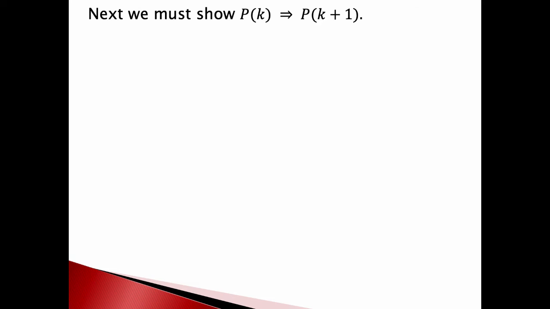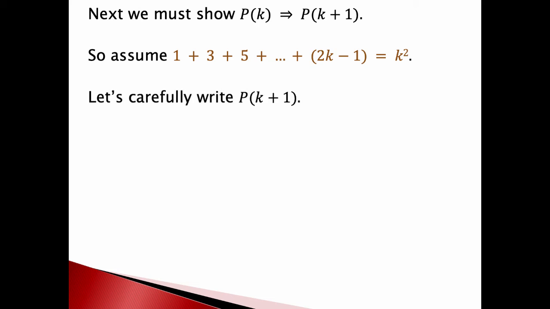Check that one off. Now we have to do the induction step. We have to show that every domino knocks down the next, that P of k being true implies that P of k plus 1 is true. So we assume that the formula is true when I plug in k. Then when I add up the first k odd numbers, I get k squared. And carefully writing out what it would mean for P of k plus 1 to be true, you see that what I get is the brown part. That's the sum of the first k odd numbers. Then I tack on the next odd number,